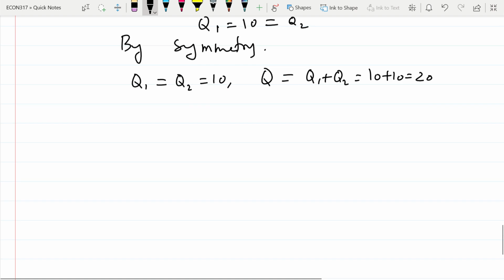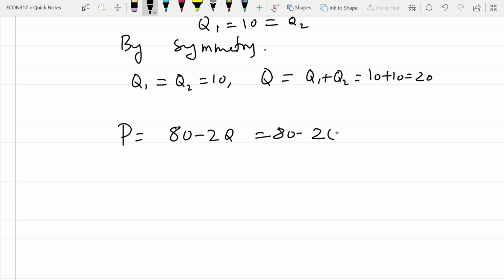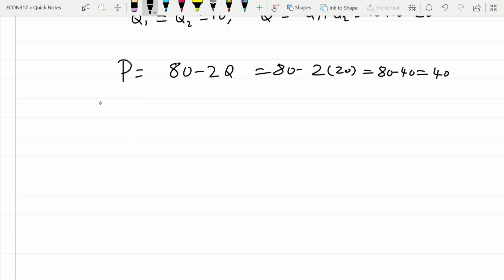We can now find out the price in this market. Price is 80 minus 2 times Q, 80 minus 2 times 20, 80 minus 40, it turns out to be 40. So let's find out the total revenue for firm 1, price times Q1. So $40 is the price, Q1 is 10,